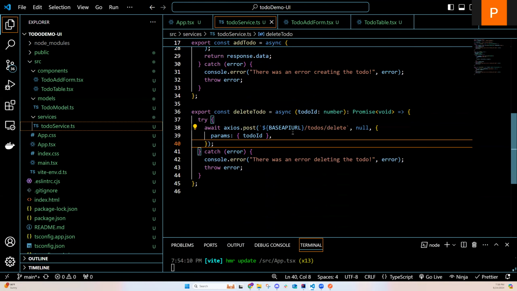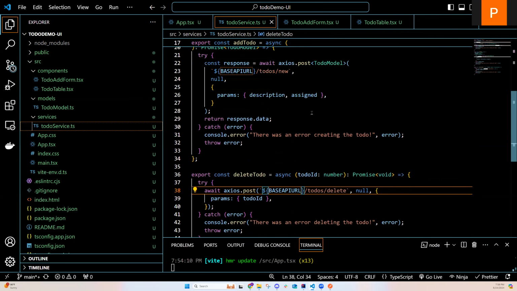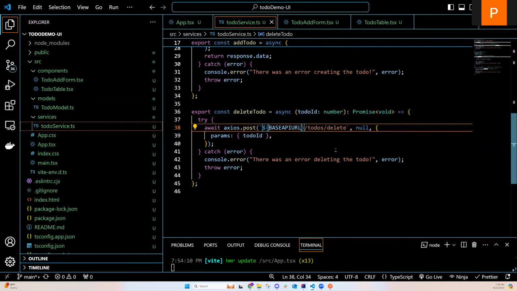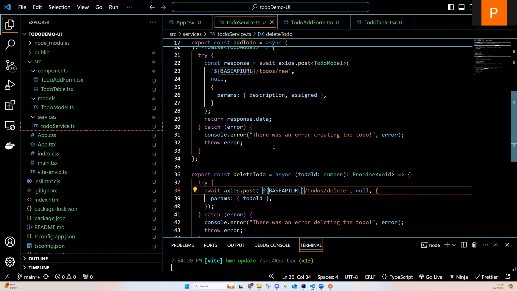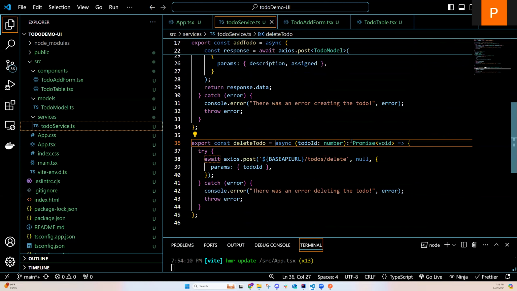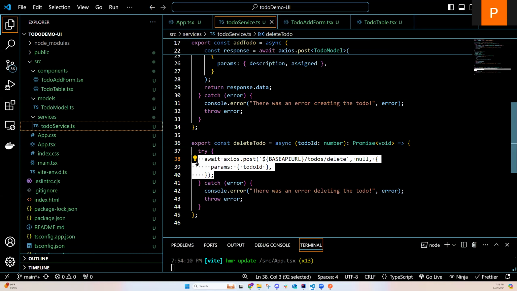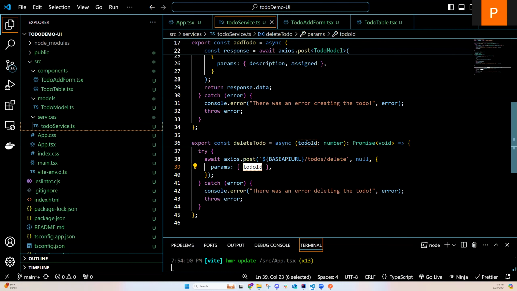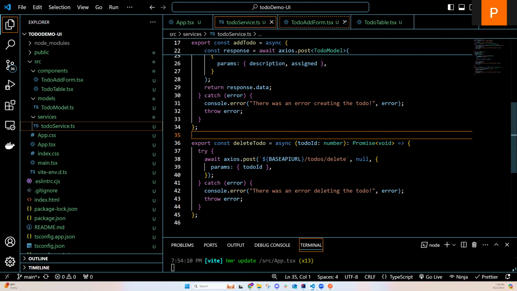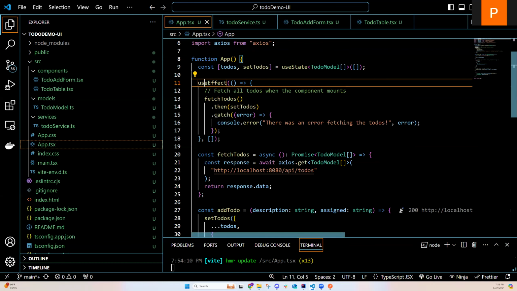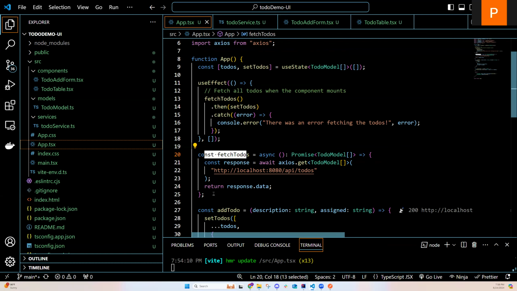We can probably do that too. Anything that's repeating, you try to get out of there. All right, and then to delete is the same thing. Remember, we took a number and we're going to pass in this parameter, and then delete it. With the service though, once I go back to the app, instead of calling this to-dos,